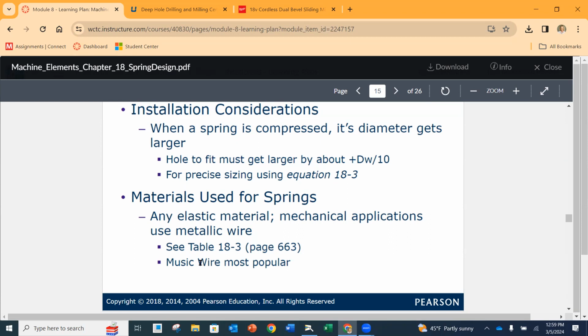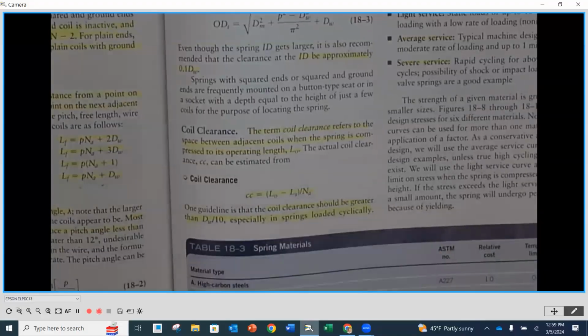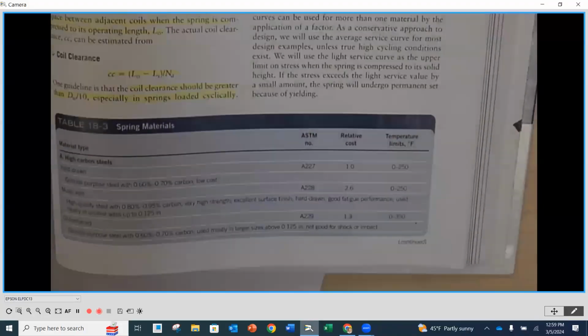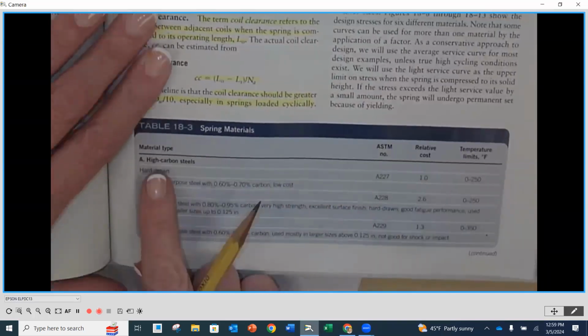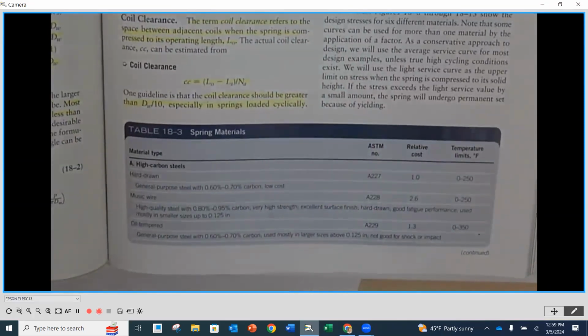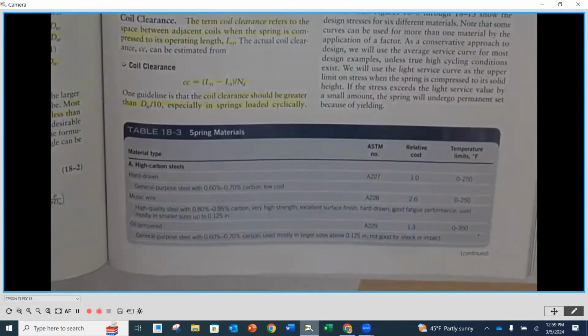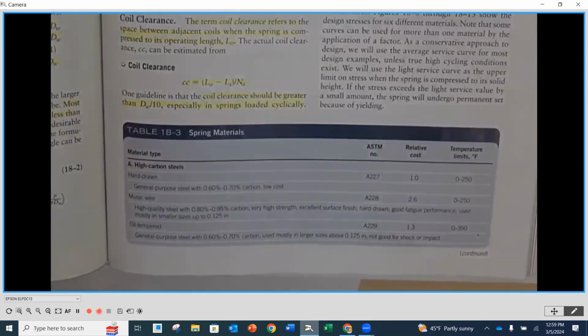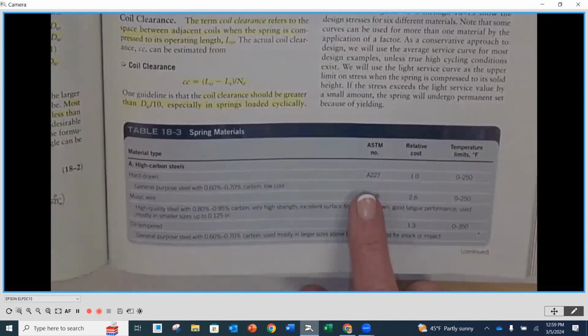it actually starts the list of common materials that are used for springs. So most common really being a high carbon steel, something that is nice and tough, that can spring back. As you know, it has the ability to deform, but then go back to its original shape. So ASTM number